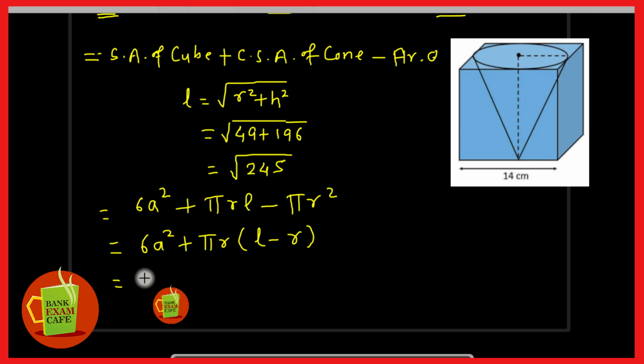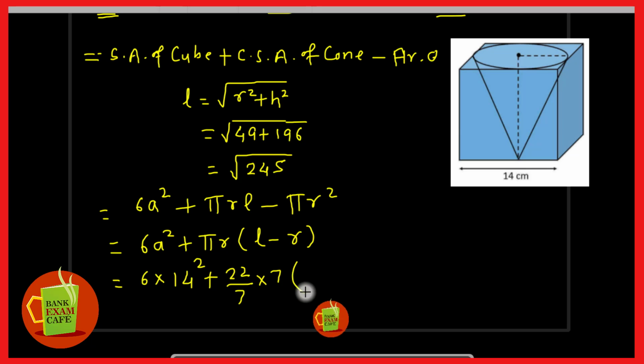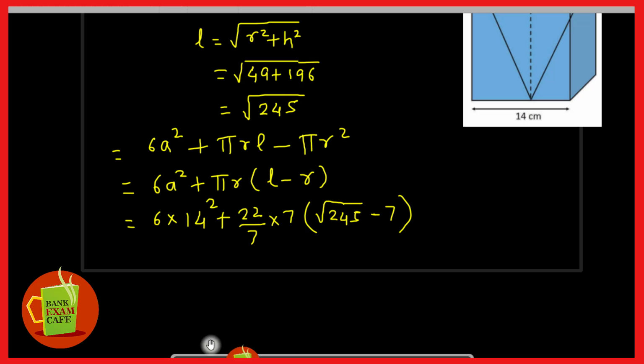So it is equal to 6 into 14 square, plus 22 by 7 multiplied by radius 7, inside the bracket L, the slant height we have calculated as root of 245, minus r, that is 7. So 6 into 196 will give you